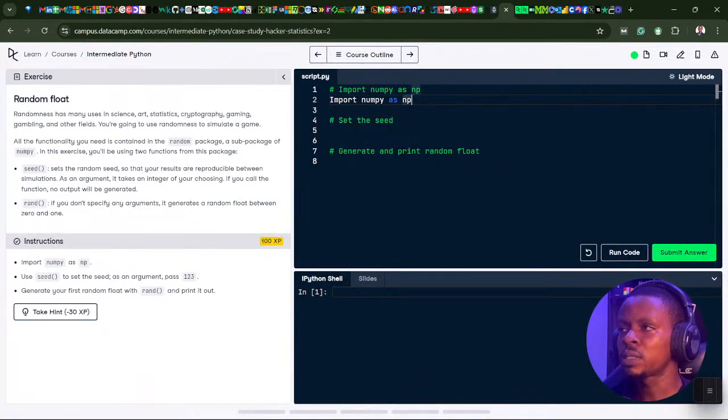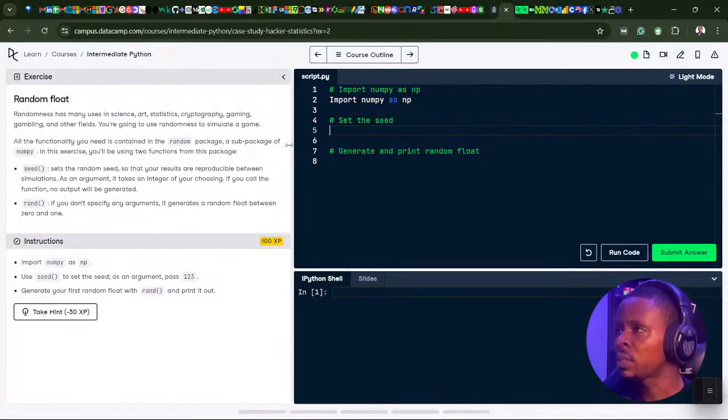It now says set a seed. So we're going to use the seed function, which is in the random subpackage.